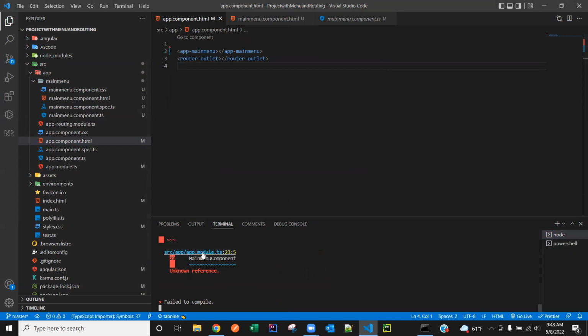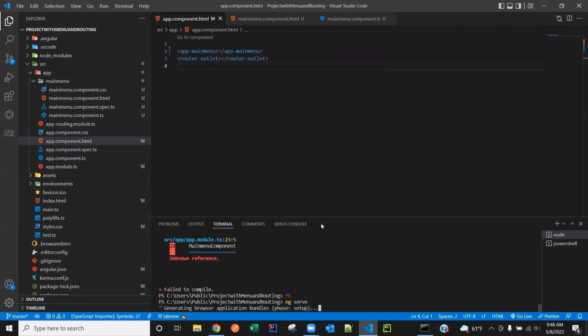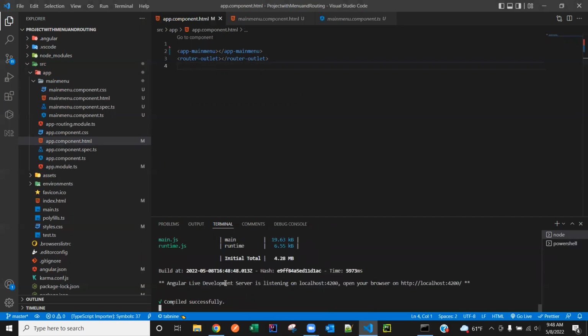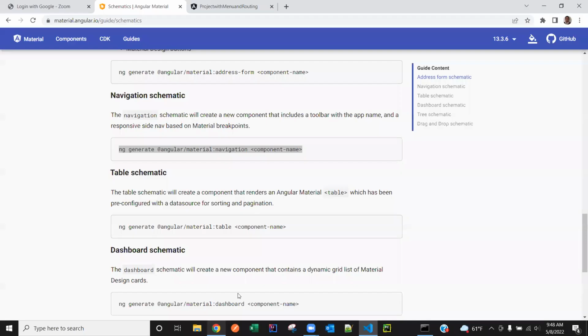Okay. Let's see if this problem is still there. Control C, then restart. Because we deleted the component, some of the bindings in the modules and others may need to be readjusted. Though we gave the same name, sometimes it won't pick up. Now see, compilation is correct. So we don't have any problems. We can browse the